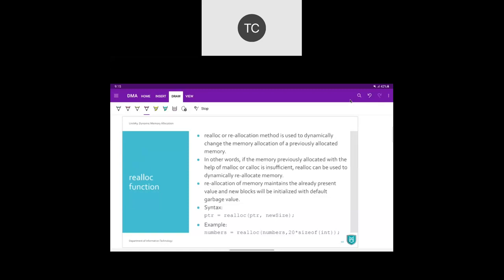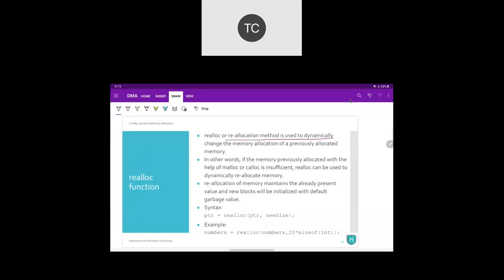So in that case, again at runtime, you have to allocate a memory which is capable of storing those 15 elements. Now you do have memory for 10 elements, but you require it for 15 elements. And that's why we go for the reallocation process. And that's where the realloc function helps us. So it is going to reallocate a memory for you.